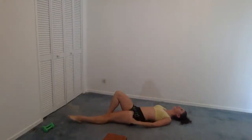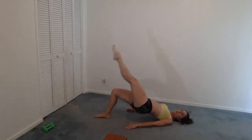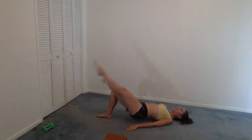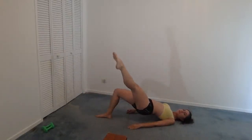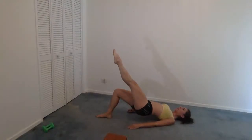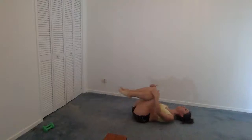Really using that momentum, using that muscle group of your glutes to push and squeeze up at the top. Doing great, keep it going. You've got 5, 4, and 3, 2, last one, take it all the way up, and 6 inches out, in. 5, 4, keep squeezing up high, 3, 2, last one, take it in, pull all the way down, grab those